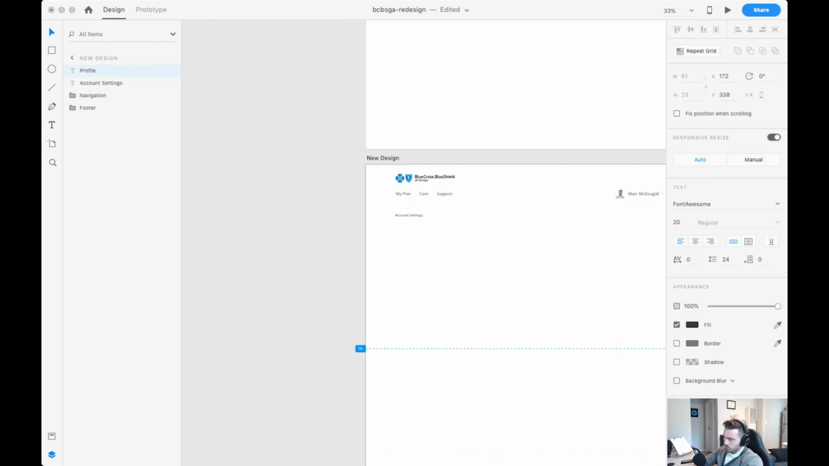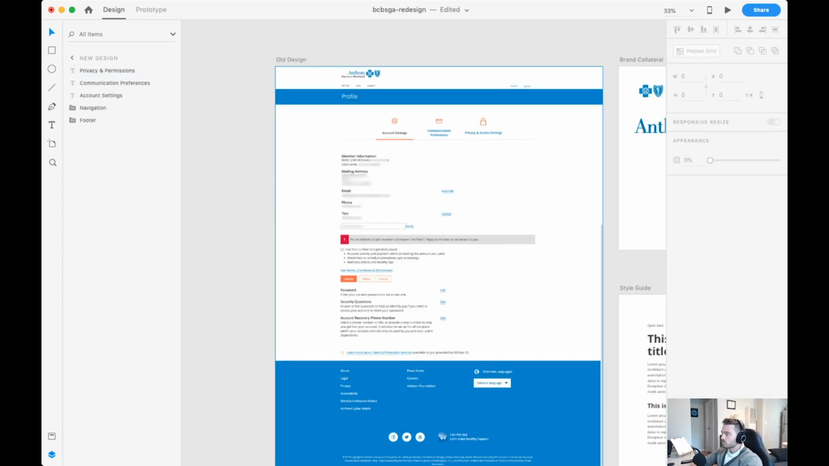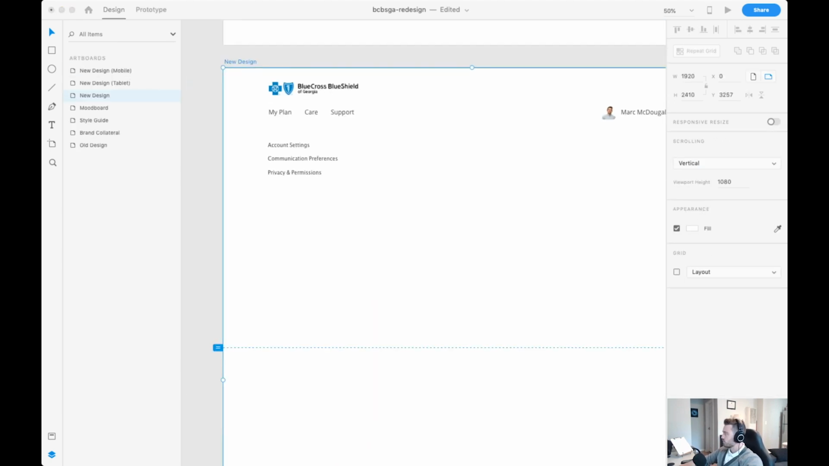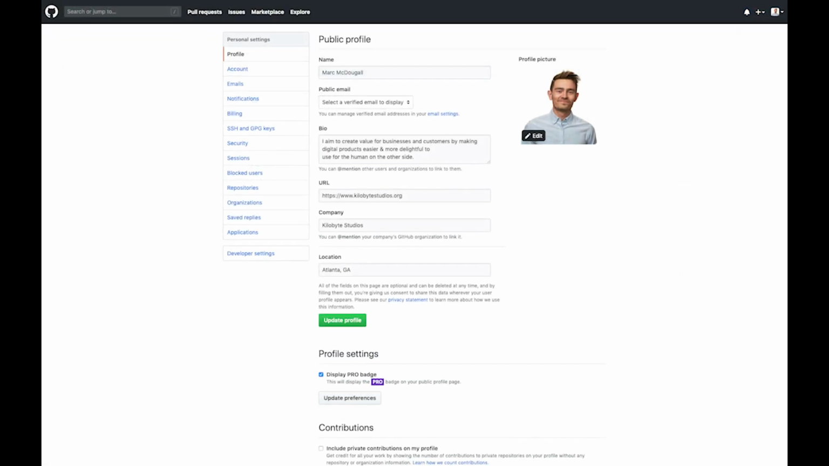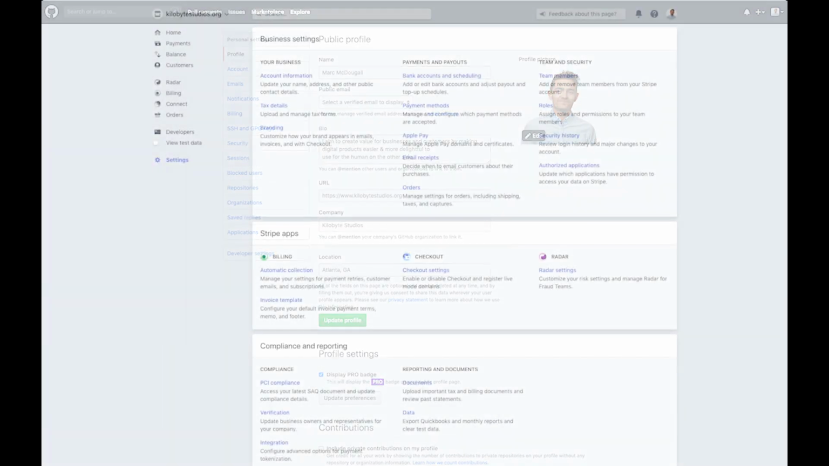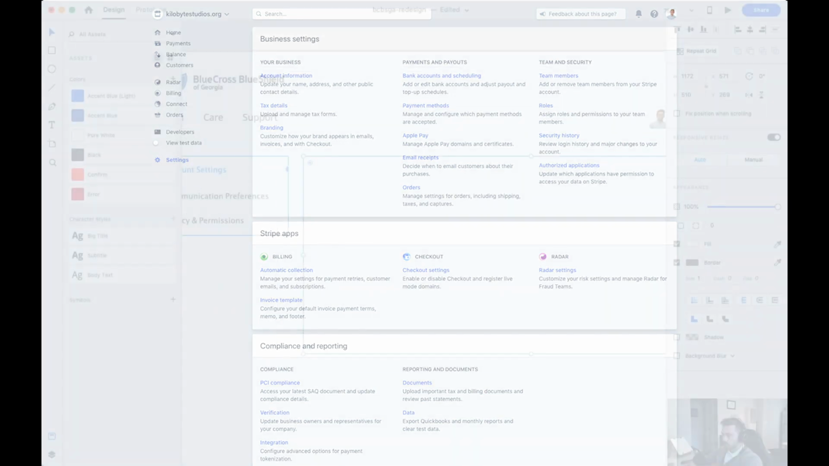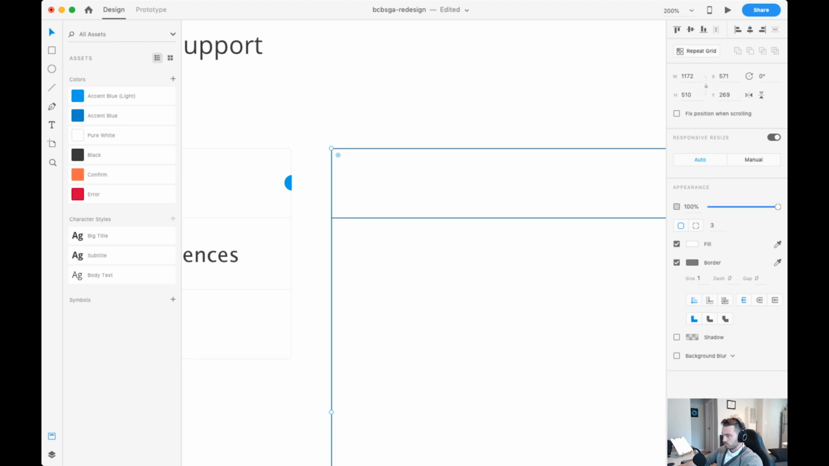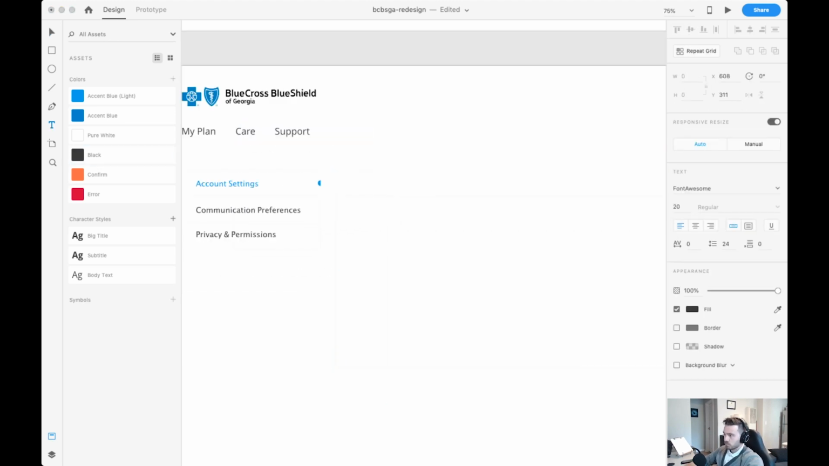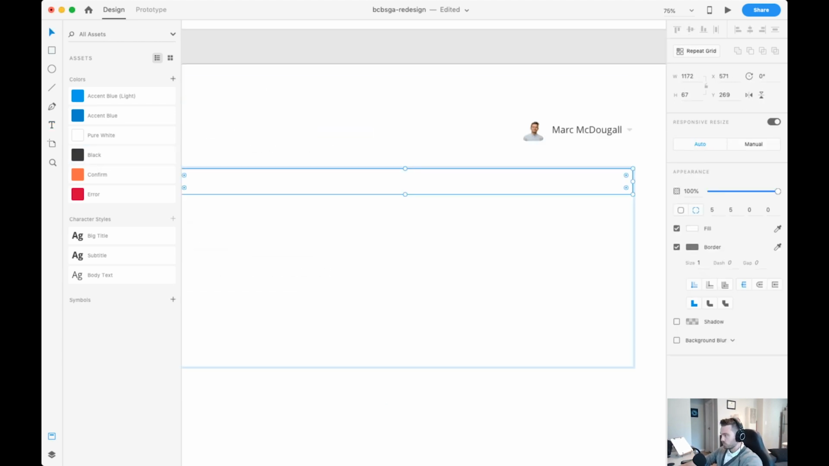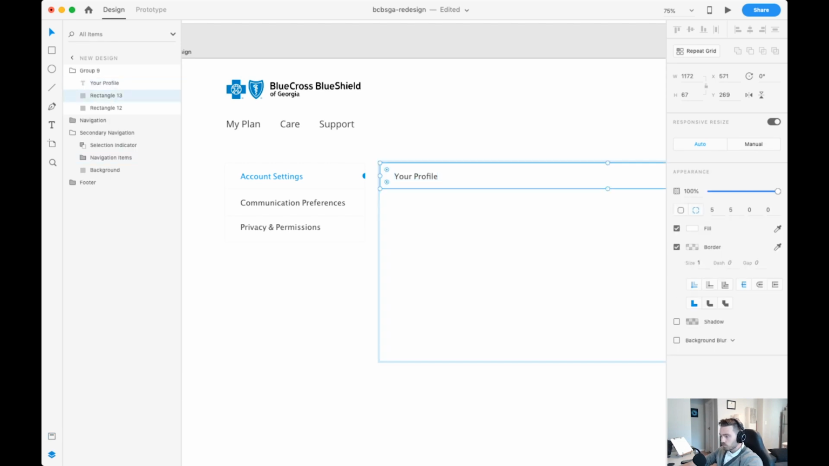Moving on to the body here, after doing a lot of research into different account pages across the board, I found a lot that were really well designed. The GitHub account page, the Stripe account page, they all had this menu on the left hand side, and the current Blue Cross Blue Shield navigation was kind of at the top, and it was big iconography. It was kind of weird, so I figured it would make sense to put the menu on the left